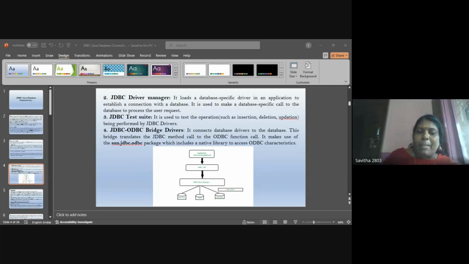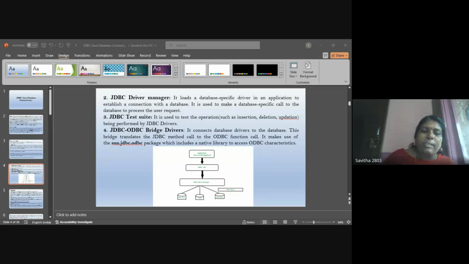Then JDBC working. When an application needs to communicate with the database, we program the code with the use of the JDBC API. After writing the code, the JDBC driver, such as Oracle or SQL Server, which we already installed in the system, needs to be added into the Java application to support JDBC connectivity.